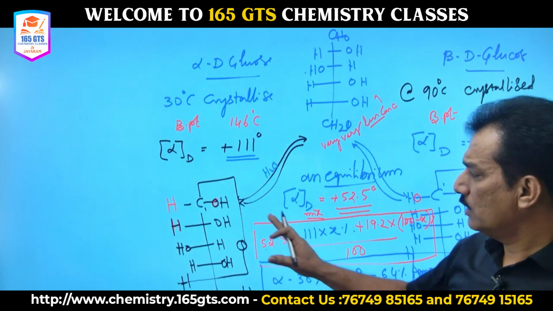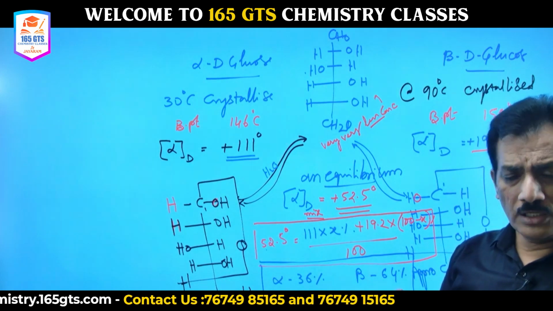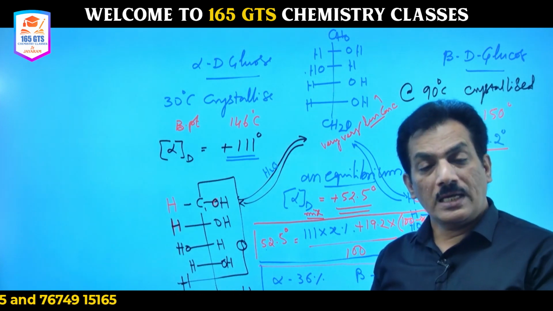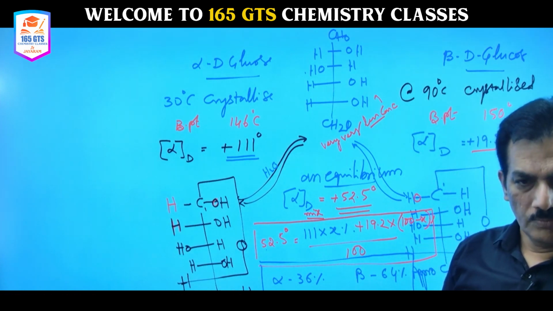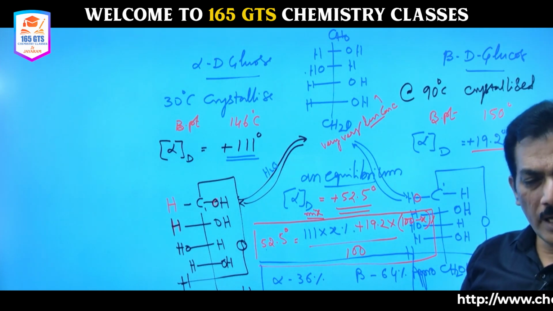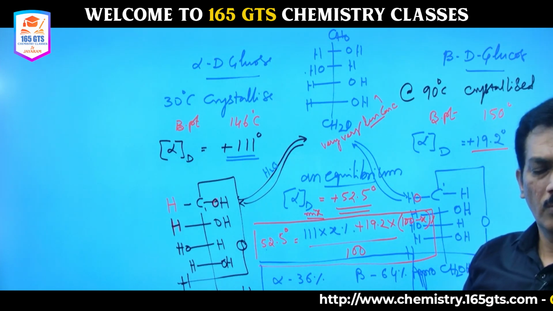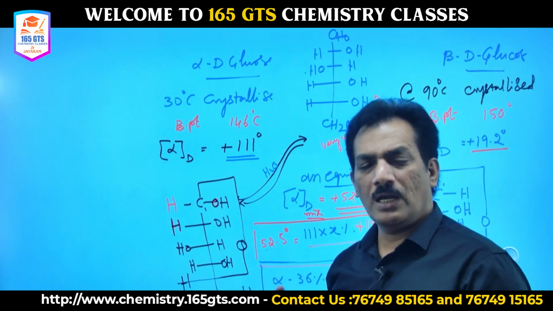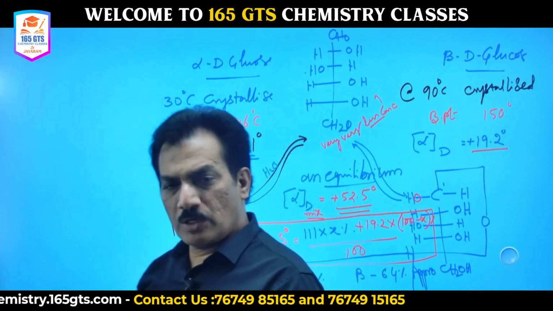Actually, glucose does not exist in open chain. It exists in a cyclic semi-acetal condition. That cyclic semi-acetal condition exists in two forms. One is alpha, the other one is beta. Alpha has a specific rotation of 111 degrees. Beta has a specific rotation of